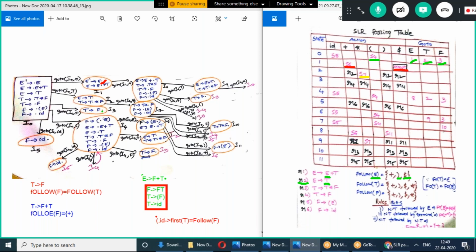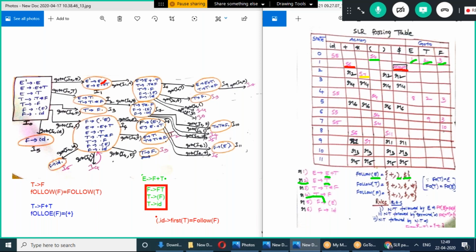Okay, come to I3. In I3 there is a production which is a final item, that is T tends to F dot. Dot is at the end. The production number of T tends to F is 4, so that is R4.